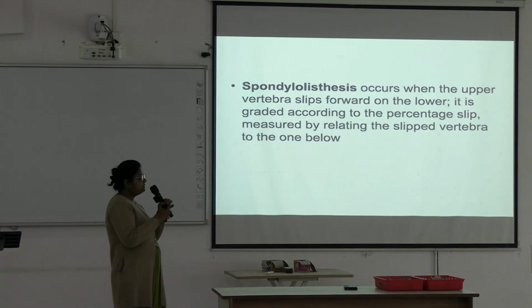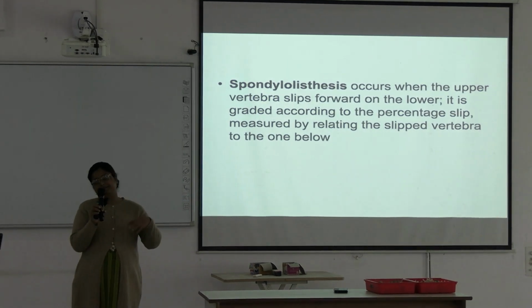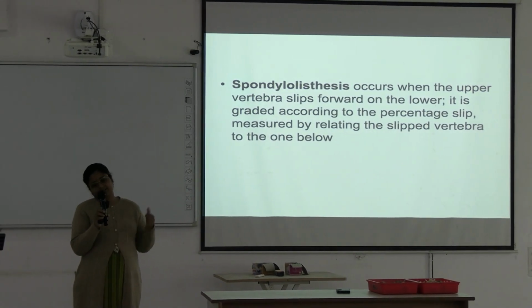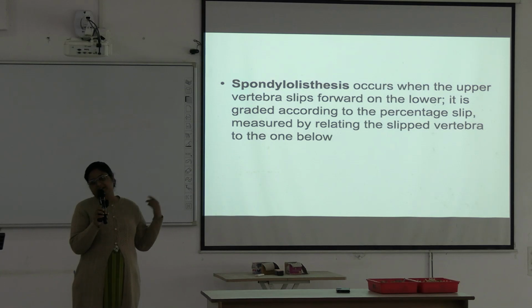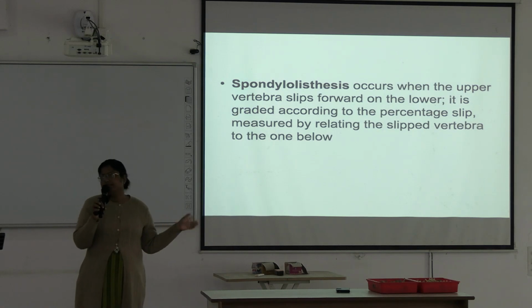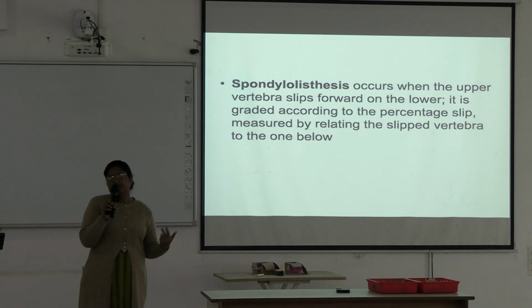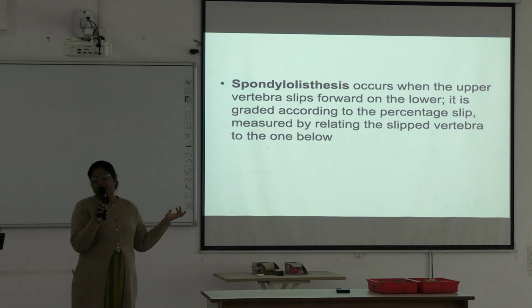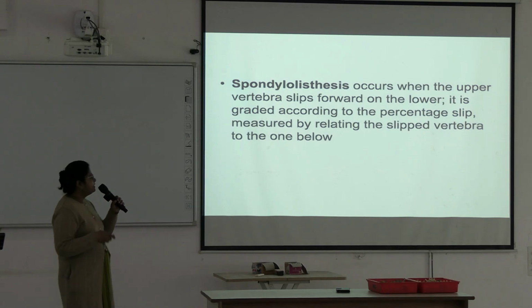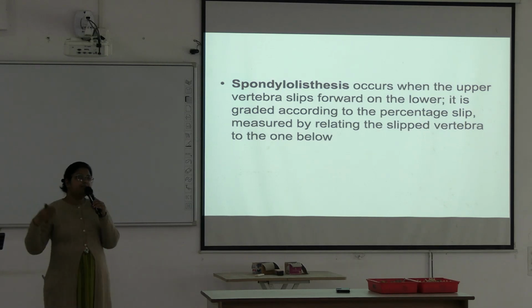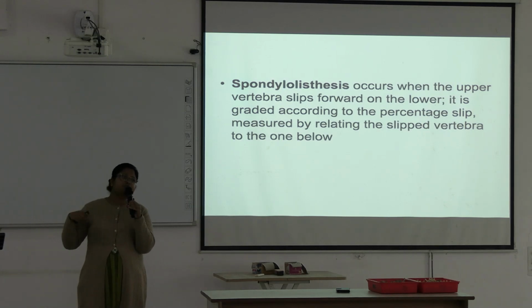Okay, spondylolisthesis is slipping of the upper vertebra over the lower one. So there will be grading according to the distance of slipping forward. Okay, with more slipping forward, there will be more pressure over the nerves, and more pain. So you have to correct with operation in severe pain. There the operation is mainly plate fixation with screws. Okay.